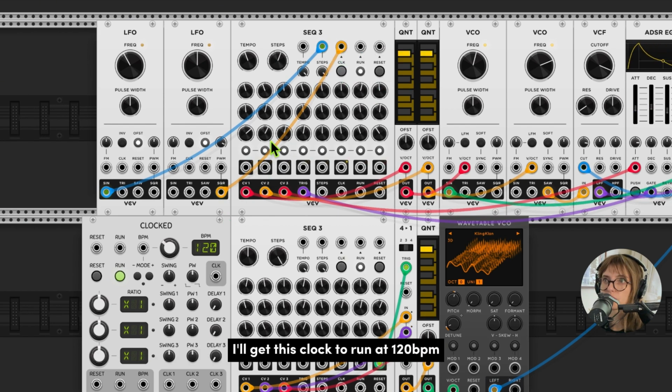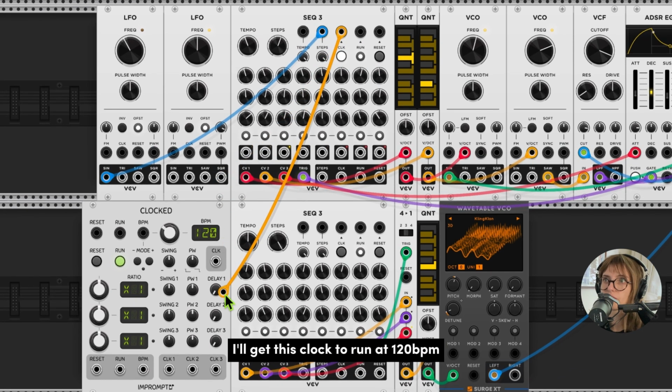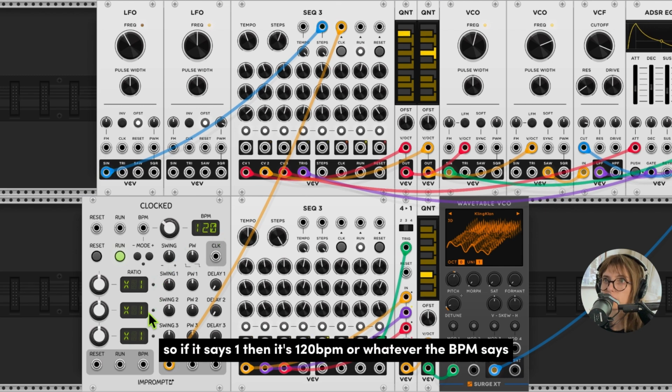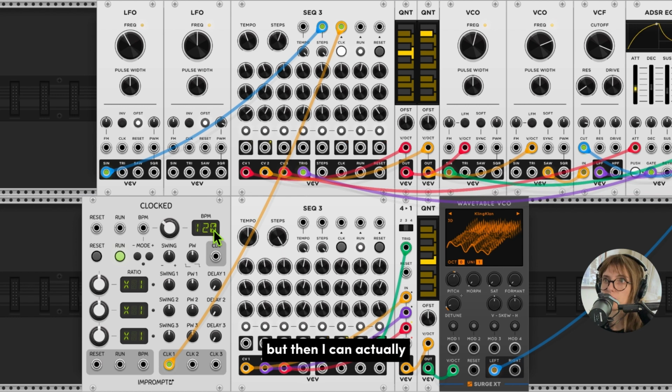I'll get this clock to run at 120 BPM. But this module also has ratios. So if it says 1, then it's 120 BPM or whatever the BPM says. But then I can get different ratios from it. For example, I can double it, I can halve it,